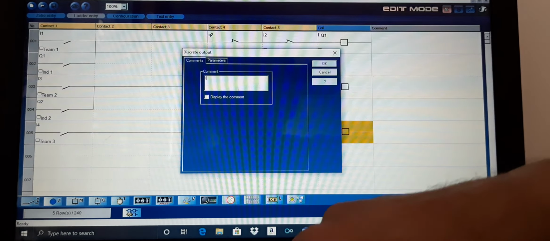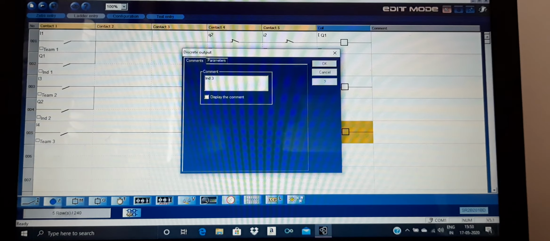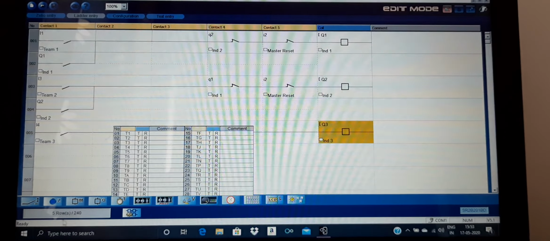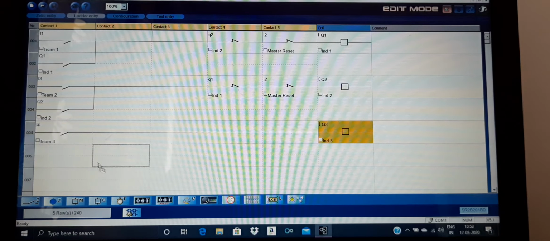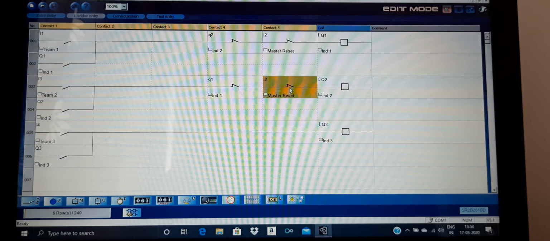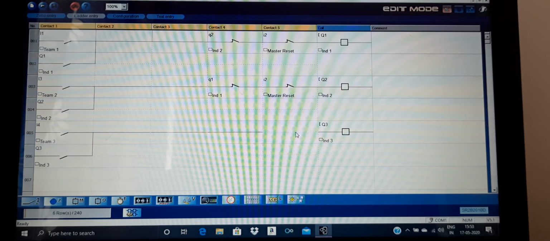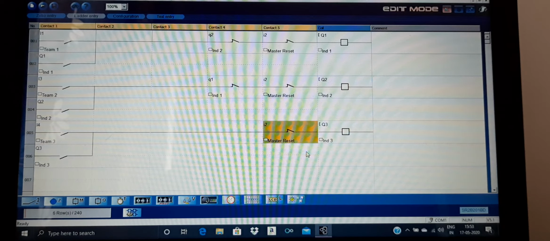This is the indication for team 3. Here is the retention contact of team 3 placed over here, and of course, yes, the master reset.